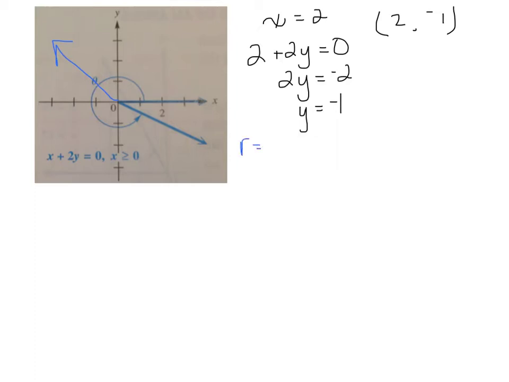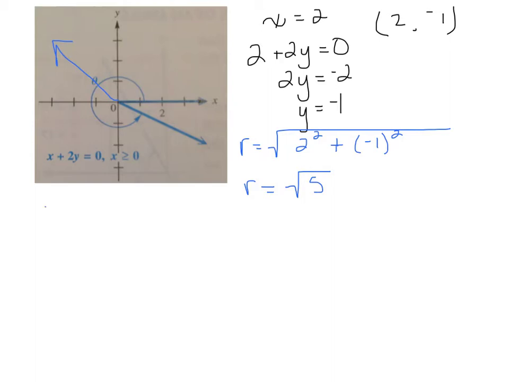Remember that r is the square root of x squared plus y squared. Remember, it's the value -1 squared, and a negative squared is a positive value. So this is going to be the square root of 5. And I'm going to leave this as the square root of 5 rather than getting a decimal approximation because this is an exact value. So now I've got an x, a y, and an r,